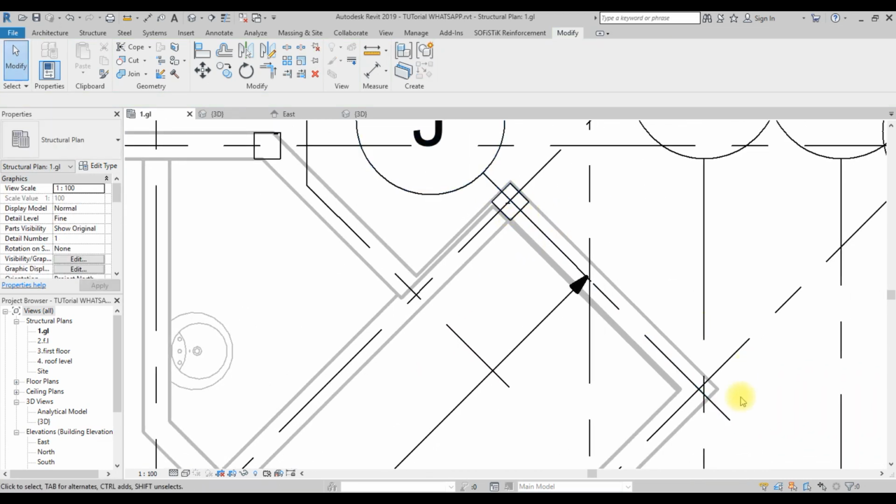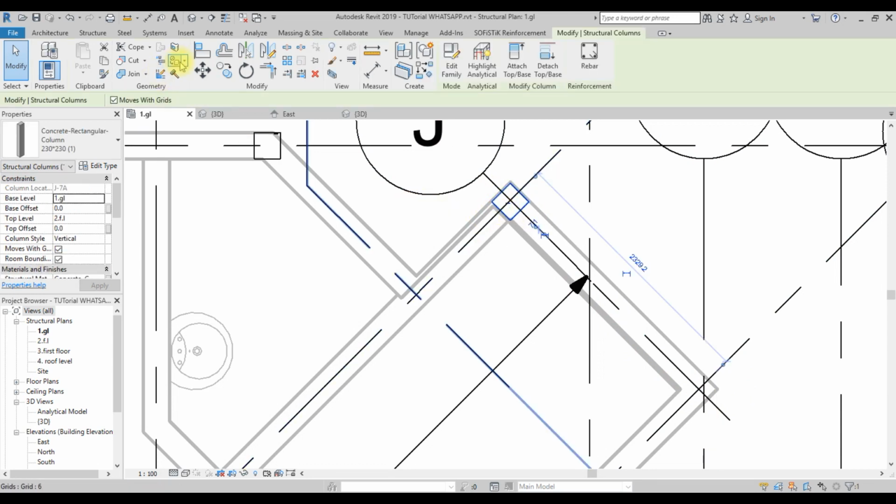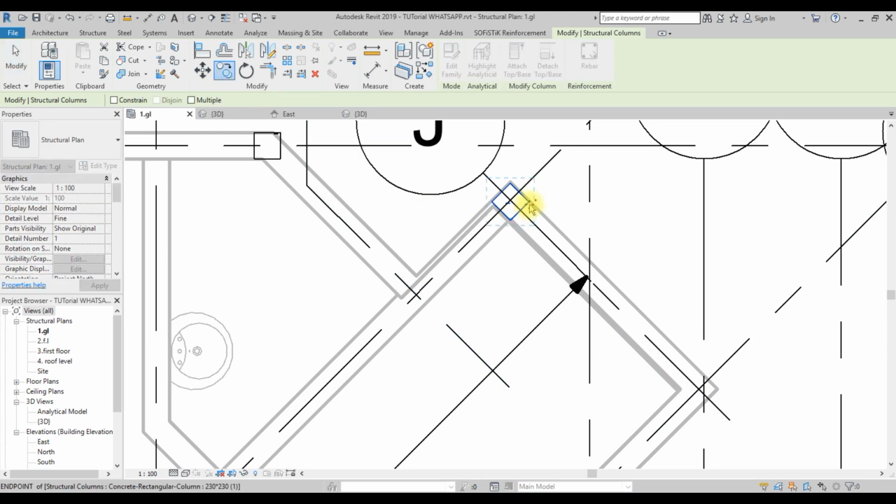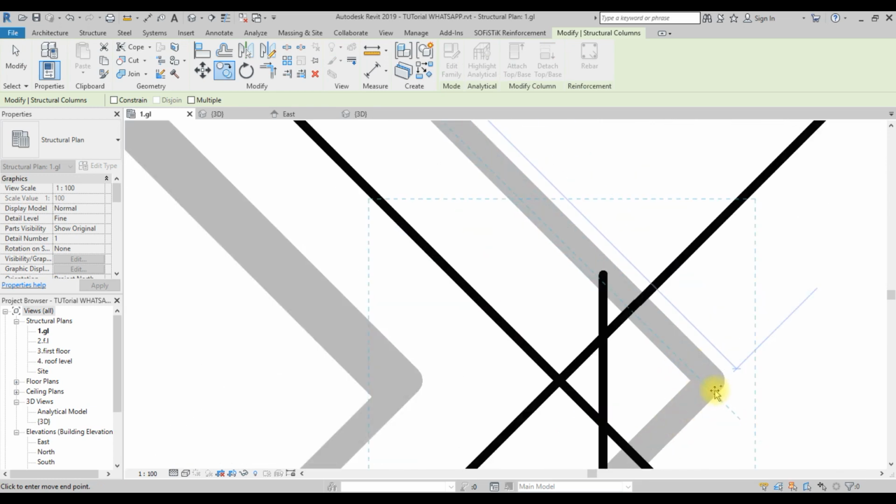So instead of putting another column here now on this angle, I'll just click on this and take on copy. Then I'll specify a base point. It might be here, and I'll place it here.